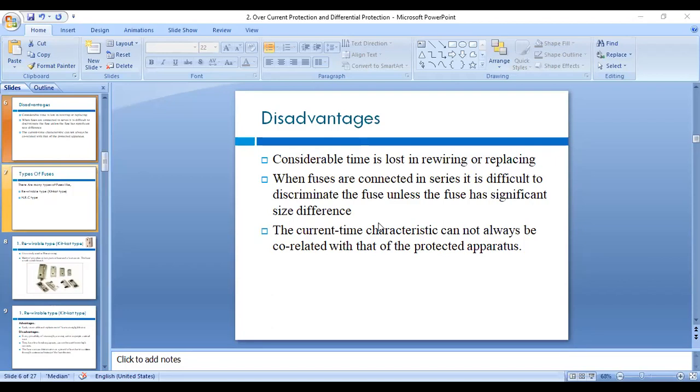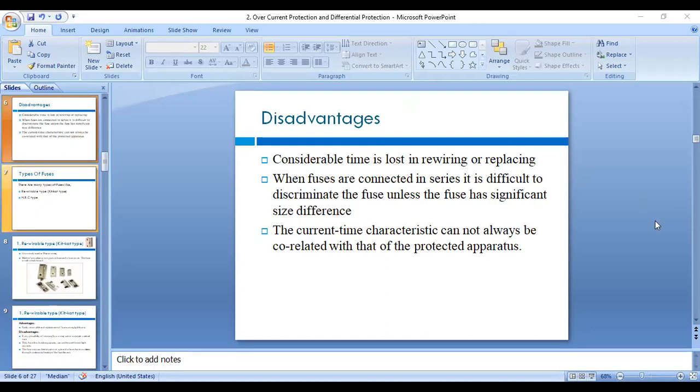But there are a few disadvantages also. The same type of material and wire should be used for replacement, having the same size, etc. And it is time consuming. When a fault occurs, there is a complete shutdown. We have to stop the whole system at the time of replacement of the fuse. So it is not an automatic system. These are some disadvantages of the fuse.